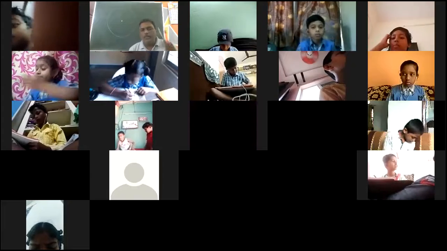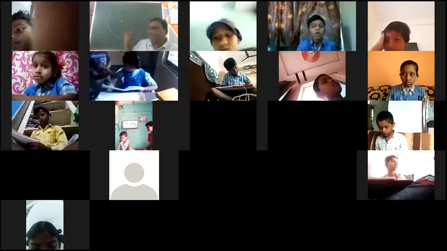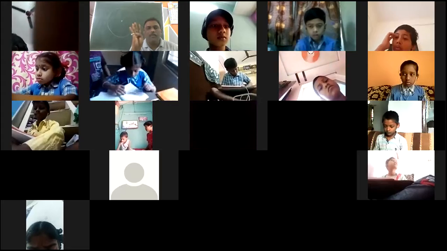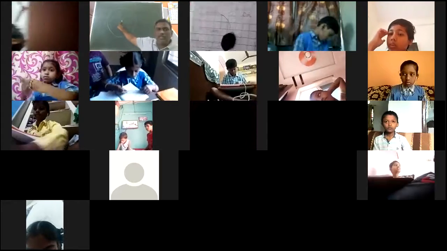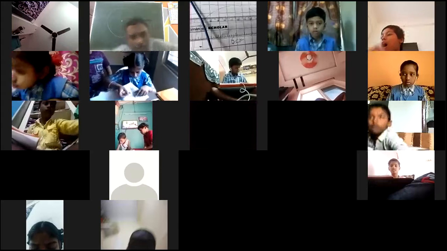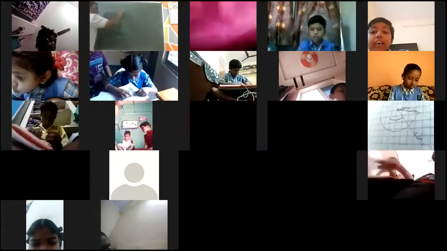Okay. In the same question, after this, you have to draw one more circle with radius 4 centimeters, taking this as the same center. The problem is not yet completed now. You have to draw a circle with the 4 centimeter radius. So again, take the compass, adjust to 4 centimeters, then draw the circle. Same center.